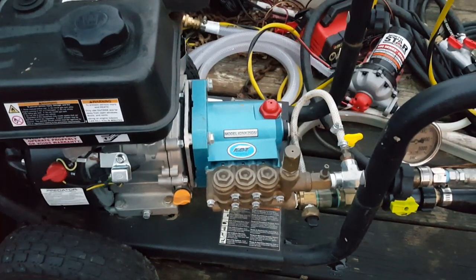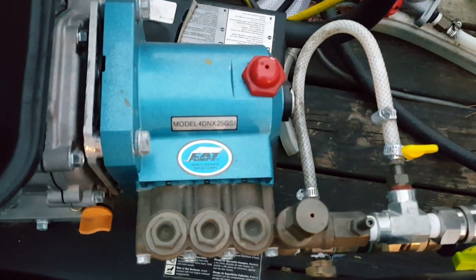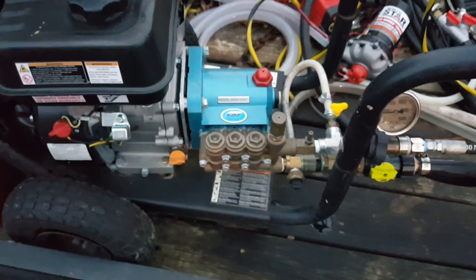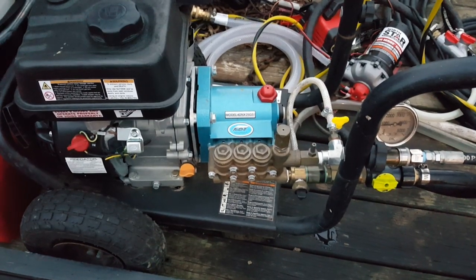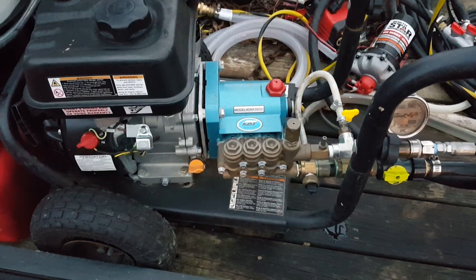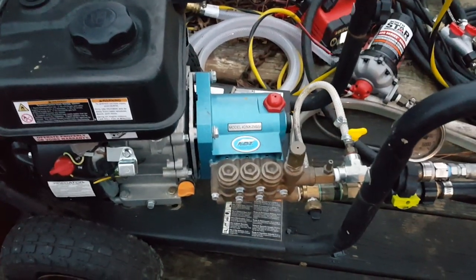All right guys, so I want to make an update video on my Cat pump that I've got. This is my pressure washer that I mainly use for washing vehicles, or actually now I've been using my Sunjoe SPX 9004, which is, well, I've got it in that tub, but it's basically, if you don't know, a commercial grade